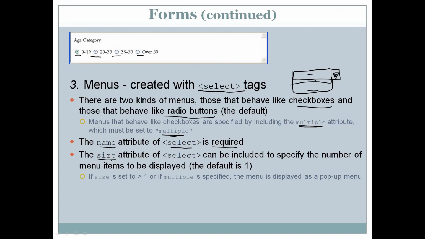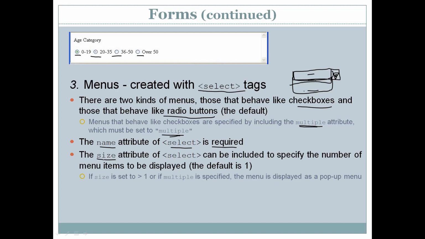Now the size attribute is used to display the number of items to be displayed at once. By default, only one item is visible on the menu, as I have shown here. When you click on the arrow, all the items are displayed. But you can display more than one item at a time without clicking on this arrow by setting the size attribute.